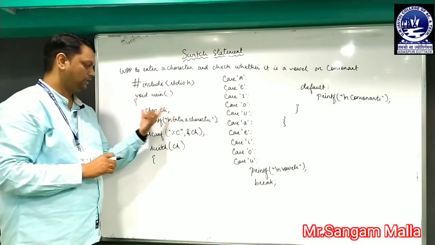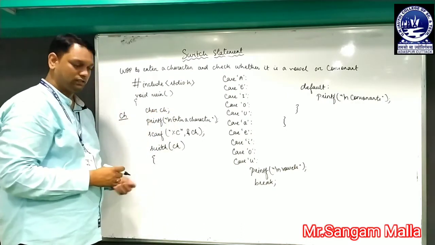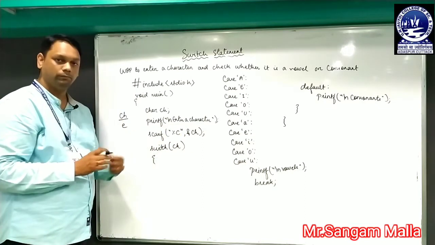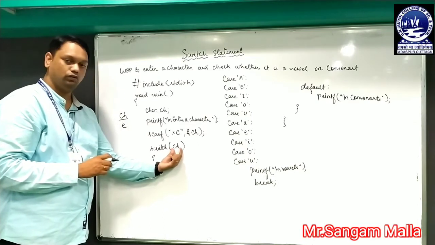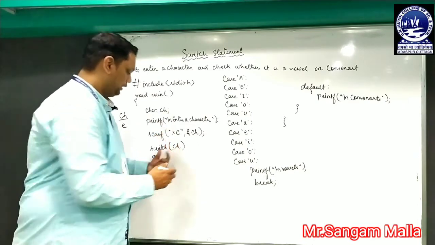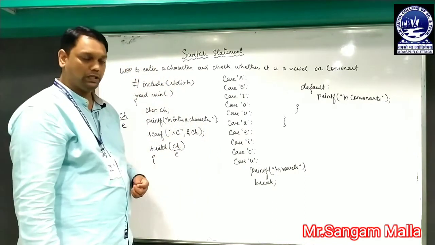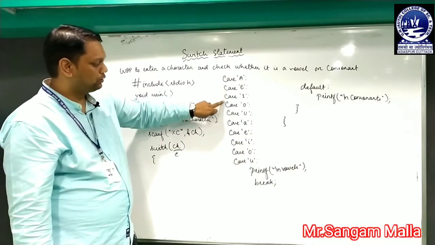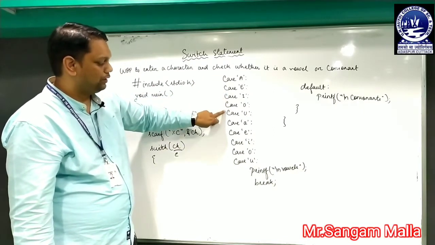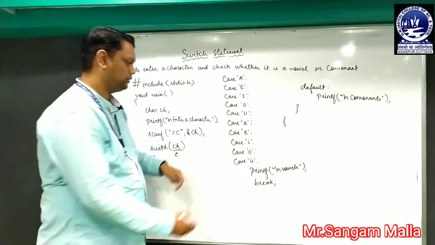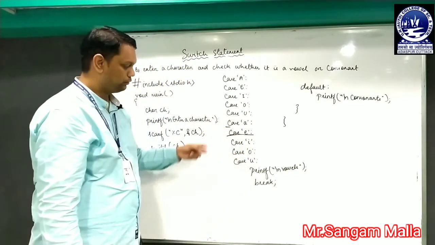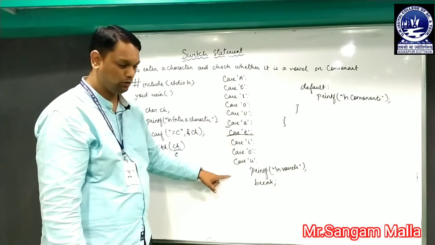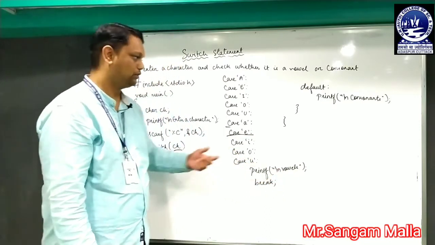So we have entered the character. Let us say we have taken a variable ch and we will enter a value. So let us say the user has entered E. Now it will compare the value of ch. So in place of ch we will get the value E. Now it will check whether small a is equal to capital A. No, it will not match any of those values. So here the case value will match, that means case 'E'. So when this is matched, or the condition returns true, then it will enter the block and print vowel. So the answer will be vowel.